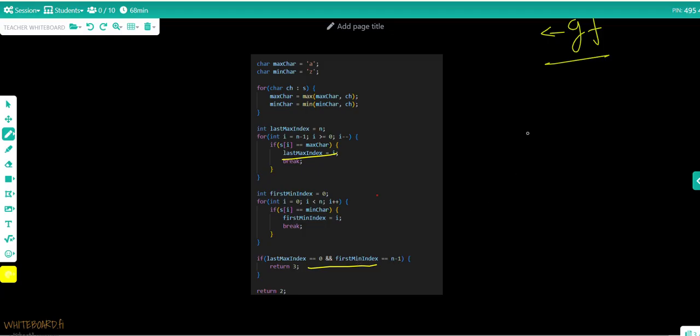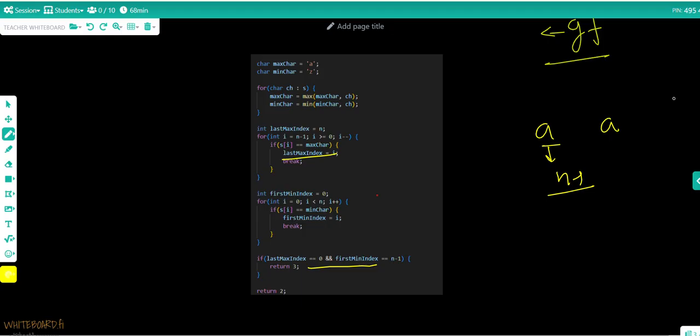Then we are trying to find the index. If suppose A is present 2 times, then we will always choose the first one, because this will never be n minus 1, or last. So we will try the minimum index for the minimum, and the maximum index for the maximum.